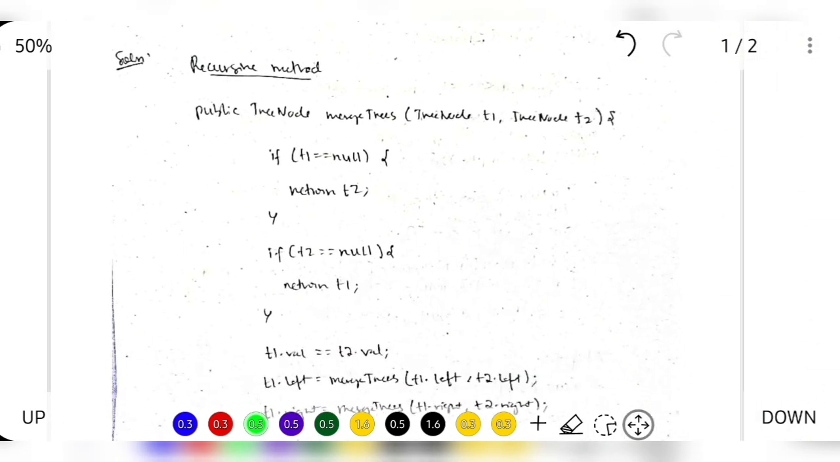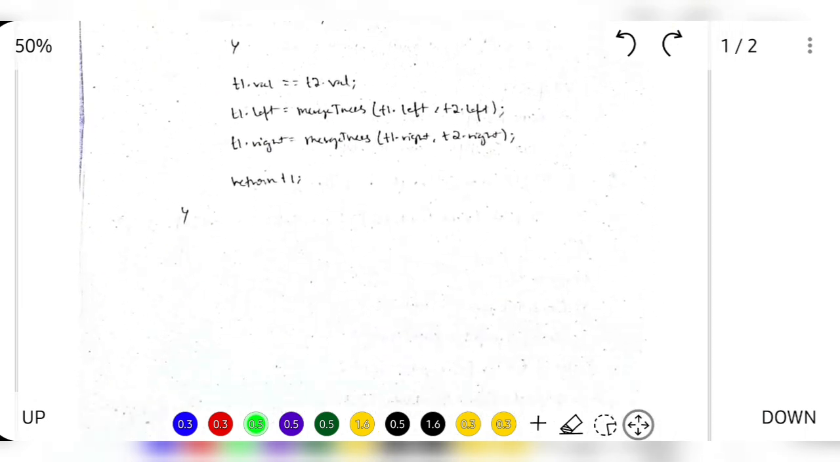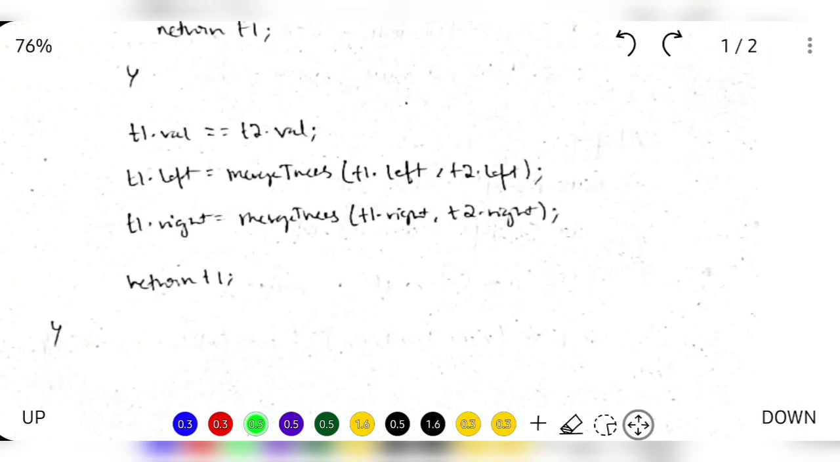So what we have done here is, if T1 is null we will be returning T2, if T2 is null we will be returning T1. Okay, and we will be defining those two things, and T1 dot val plus is equal to T2 dot val. So what you are basically doing here is,